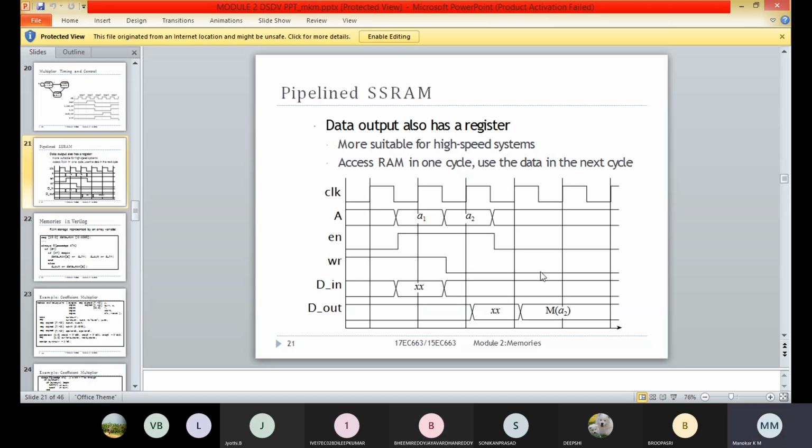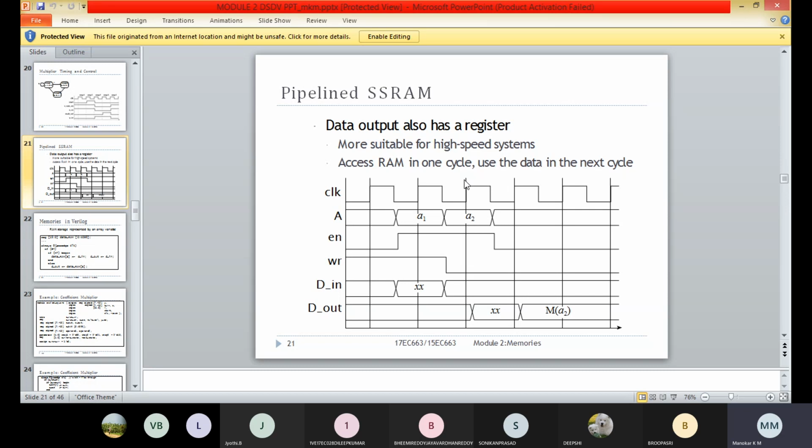Here we can observe that in the third clock cycle, there is an attempt to perform the read operation as well. We are attempting to read the data stored in the memory address A2.